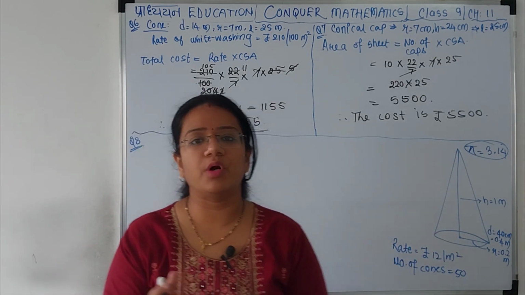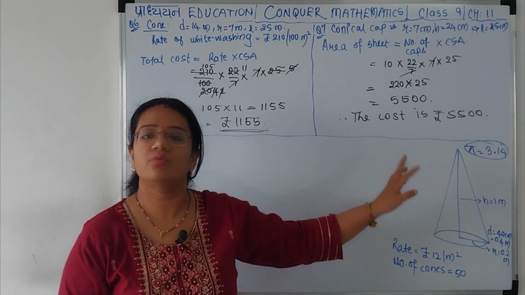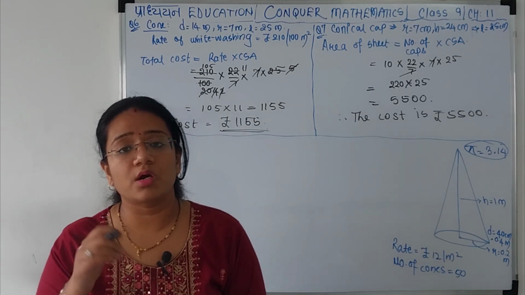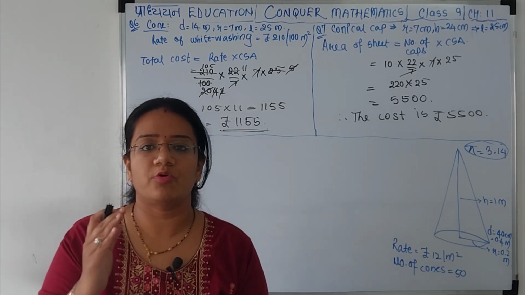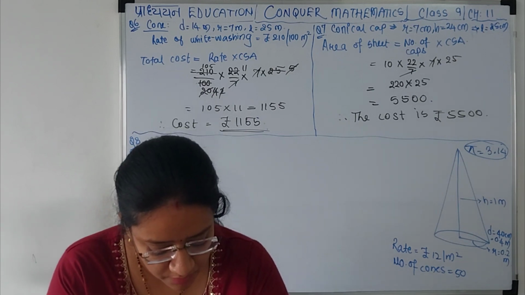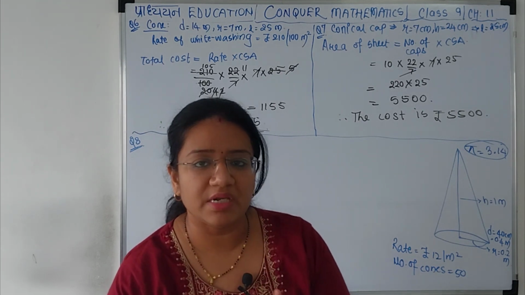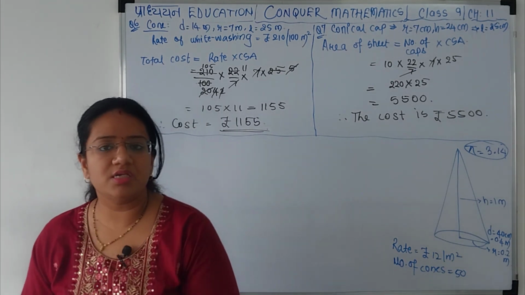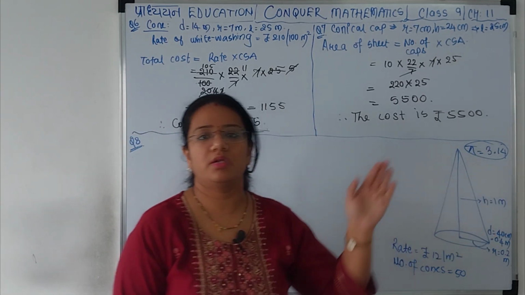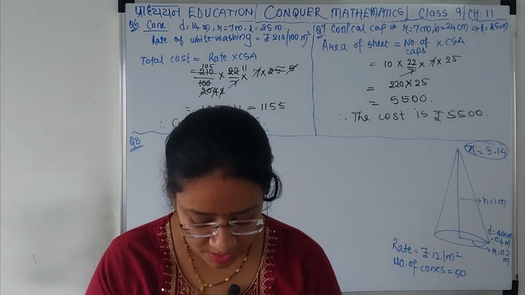So either you have to convert any one of them into a single unit. अगर सेंटीमीटर्स है तो मीटर में करो या तो मीटर्स को सेंटीमीटर्स में करो. बट क्या करना है वो आगे क्वेश्चन में आपको समझ में आएगा. Let's read. If the outer side of each of the cones is to be painted and the cost of painting is rupees 12 per meter square. Cost दिया है मीटर स्क्वायर के टर्म्स में, so you will convert the value with centimeter into meters. Easy. What will be the cost of painting all these cones?